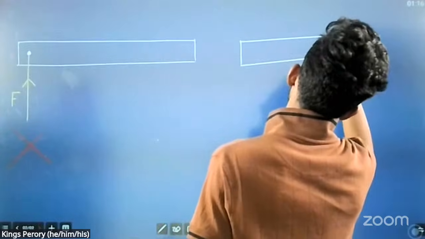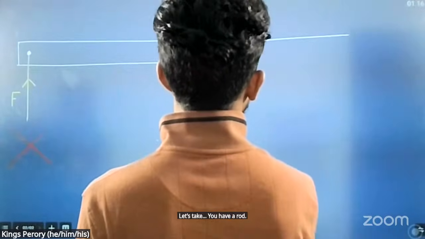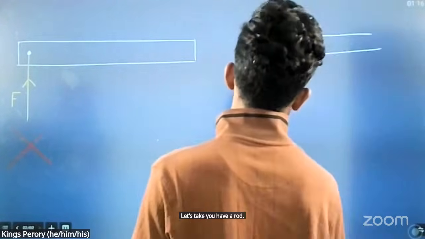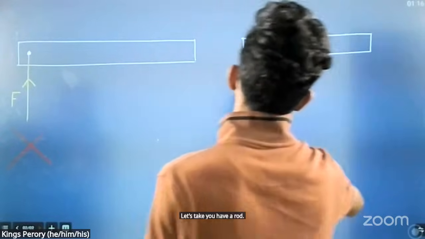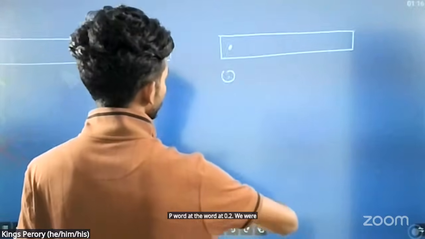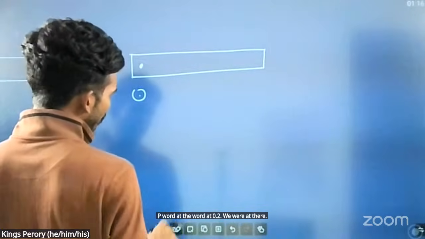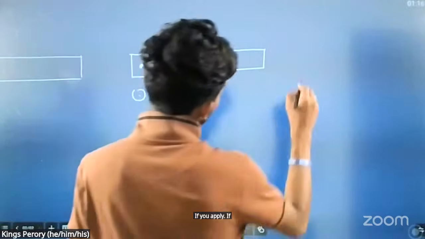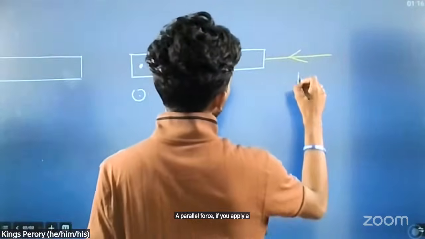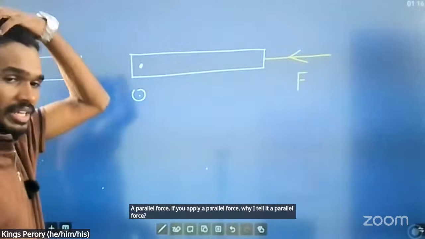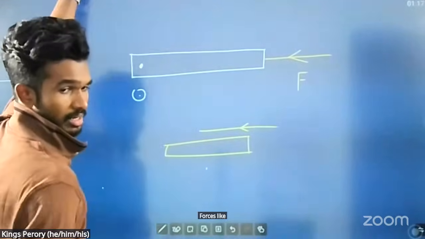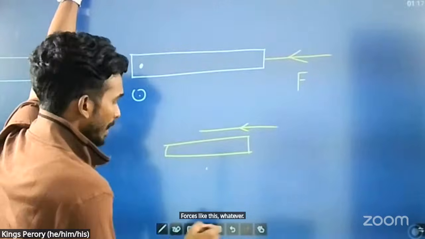Let's take, you have a rod pivoted at point O. If you apply a parallel force, why do I call it a parallel force? The rod is like this, the force is like this, both are parallel. If you apply a parallel force,